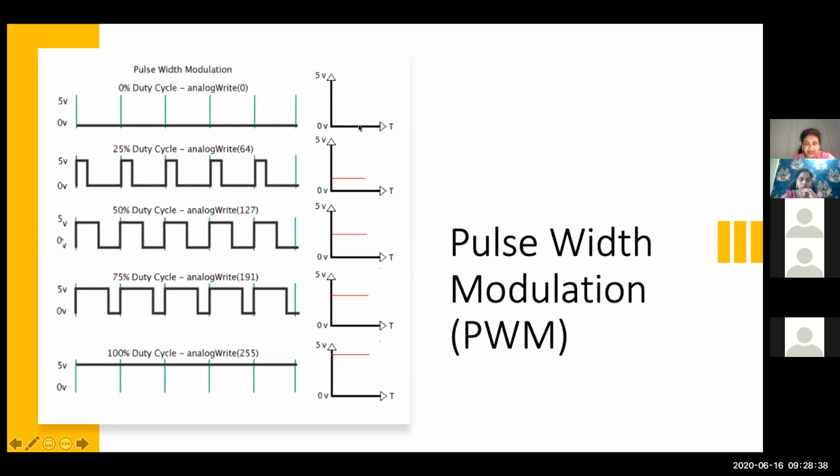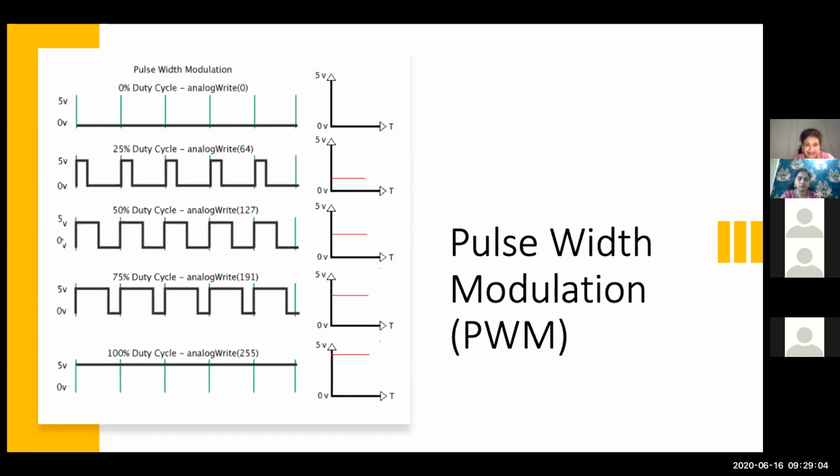If you can see on the graphs, can you see my cursor? Okay. So just focus on what I'm saying. We'll go to the duty cycle part later on. So if I write 0, I get 0 volt. If I write analogWrite 255, the maximum value, then I get 5 volt at the output. Do you see that?